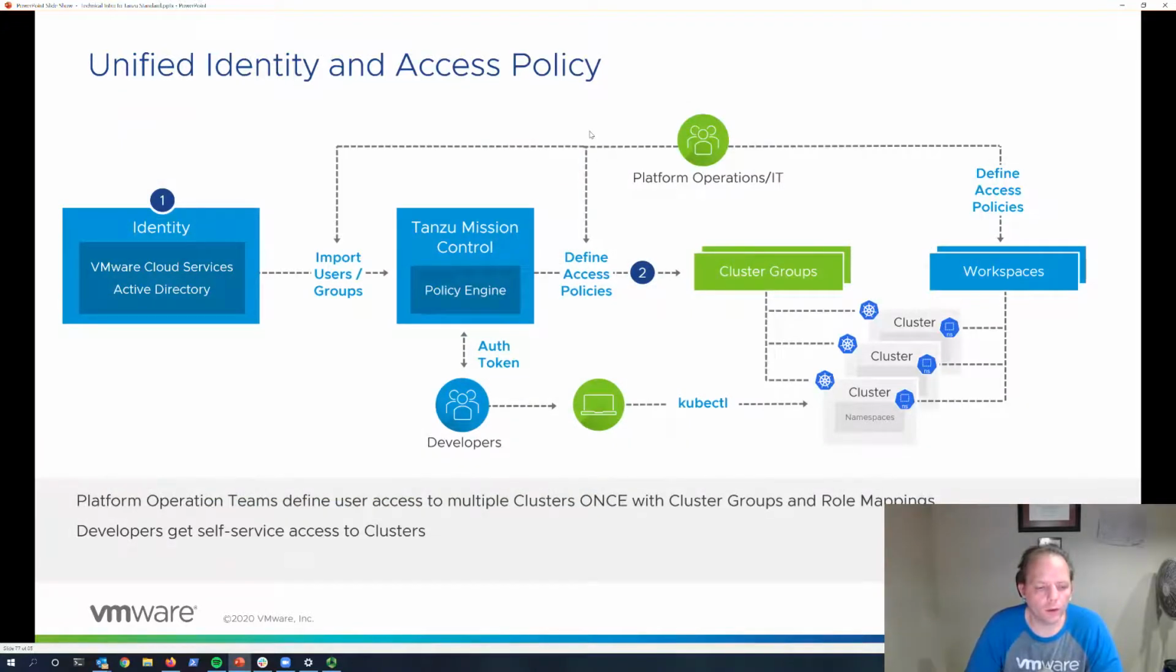Okay, so we can see here a little deeper dive into how this identity and access policy works. We have, for example, identity services that are most centrally provided by VMware Cloud Services, that can be federated with Active Directory or integrate with OIDC providers. And we can see through the diagram that Tanzu Mission Control imports users and groups into its policy engine, and then